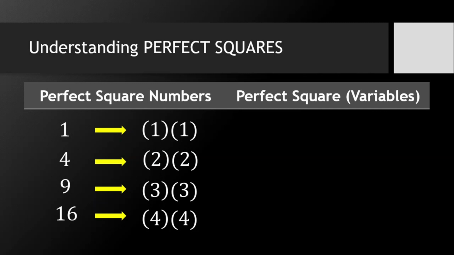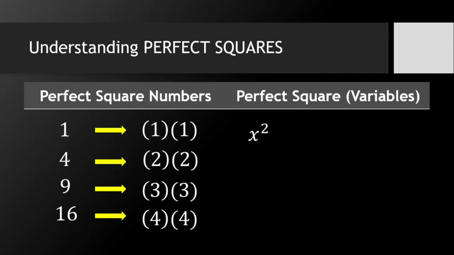So for the next perfect square numbers, aside from the first four that I have listed, we have 25, the result of 5 times 5, 36 for 6 times 6, 49 for 7 times 7, 64 for 8 times 8, 81 for 9 times 9, and 100 for 10 times 10. So those are the first 10 perfect square numbers in mathematics. As I've said, these are infinitely many and the list will go on forever.